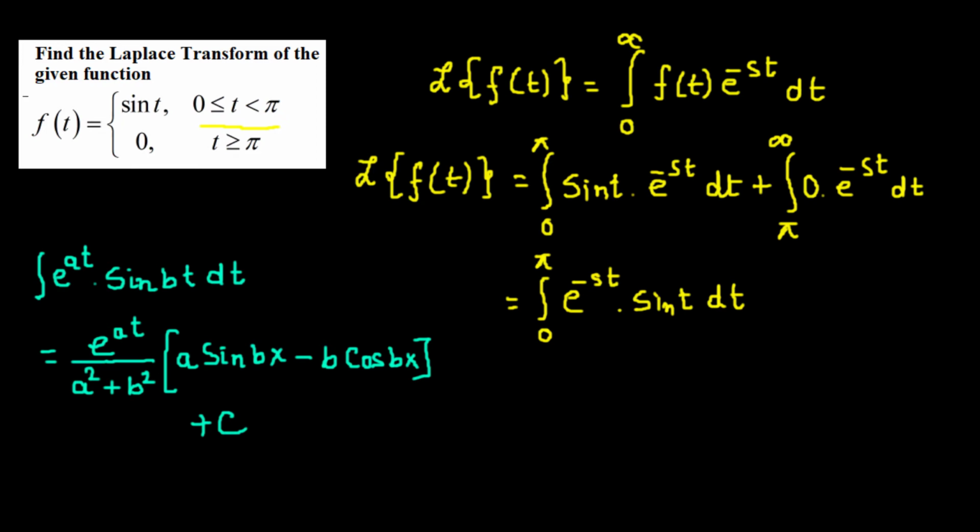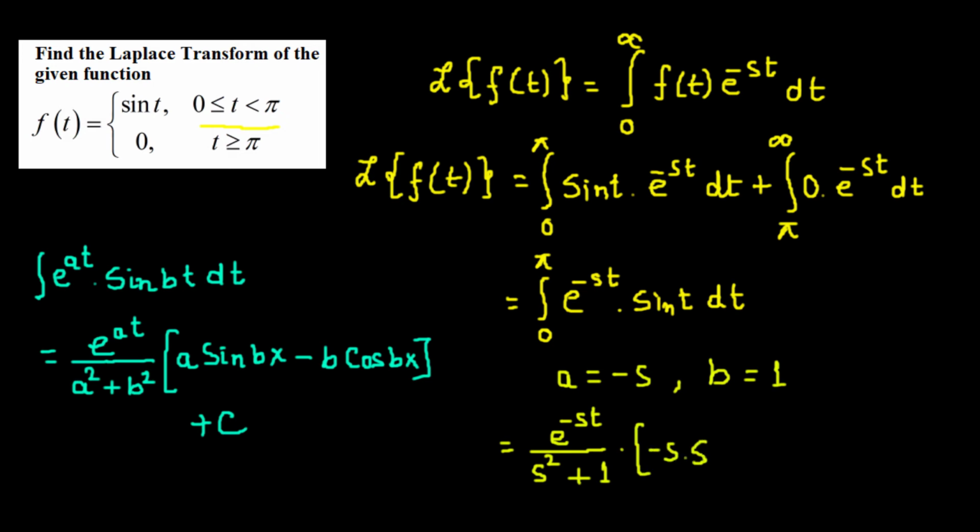Now if we compare our integral e raised to the power of negative st times sine t dt, we get here our a value equal to negative s and our b value equal to 1. So that gives us e raised to the power of negative st divided by a squared. So we have negative s squared, which will be simply s squared plus b squared, which is 1. So we have s squared plus 1 in the denominator multiplied by a, so that's negative s multiplied by sine